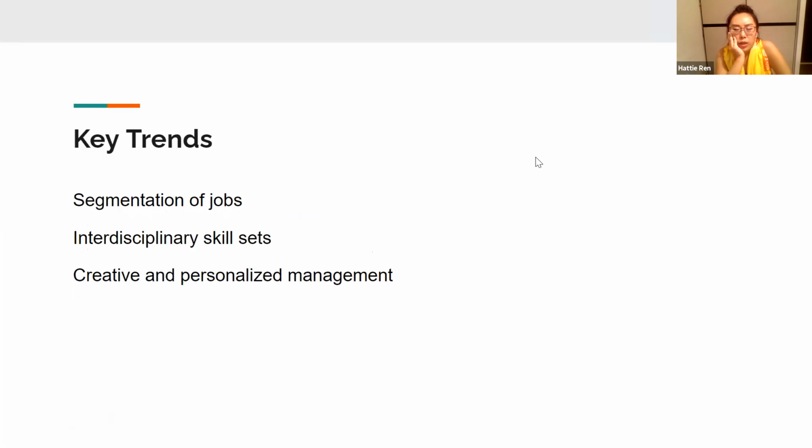We noticed that there are three key trends nowadays, and this has been talked about in a report that Page Group has published recently. One is the further segmentation of jobs. What we mean by that is that